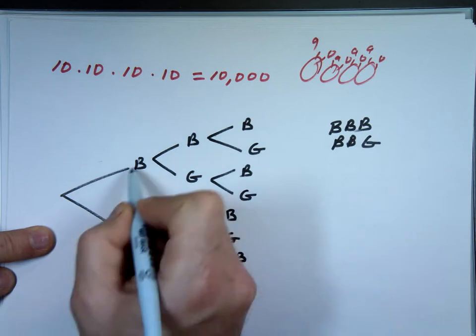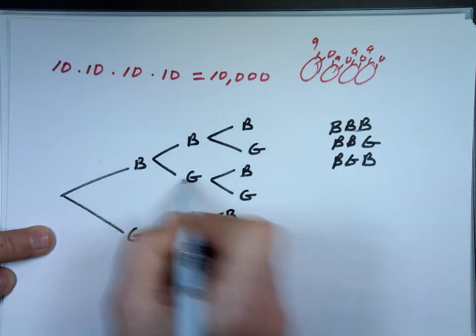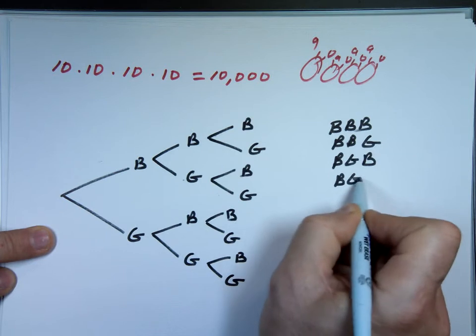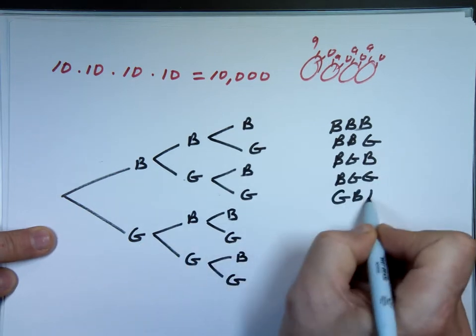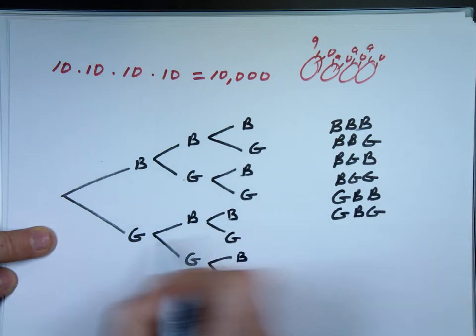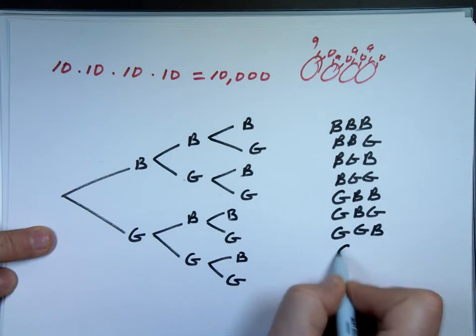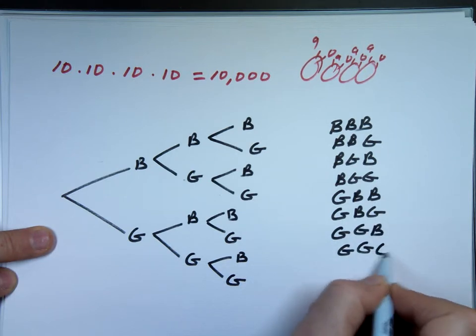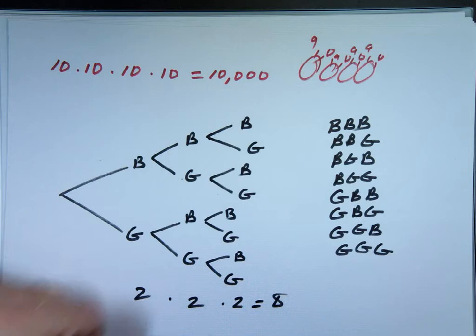B, G, B. B, G, G. G, B, B. G, B, G. G, G, B. How many choices? And G, G, G. 8. Why? 2, 2, and 2. Multiply them, that's 8. So if the event is having 2 girls and 1 boy,